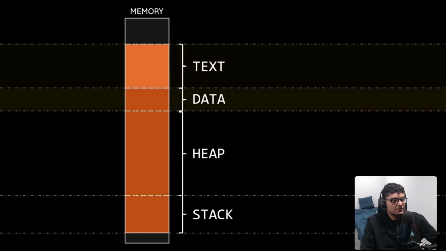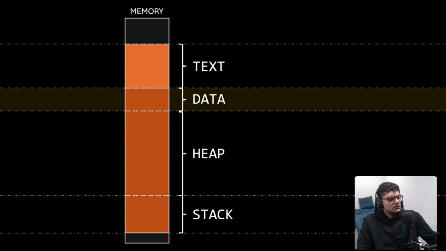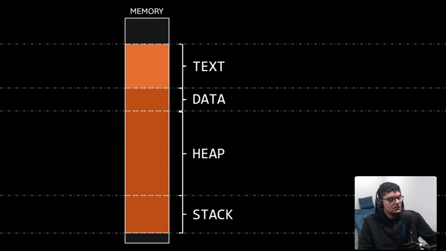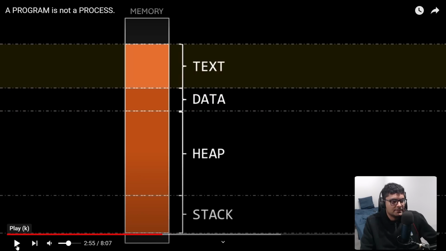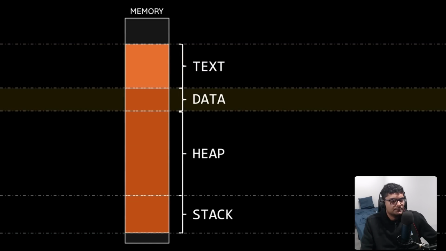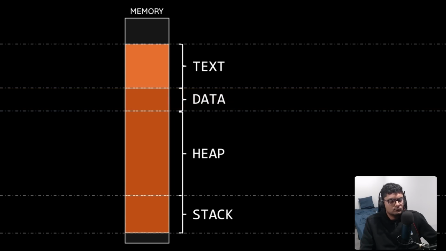Anyways. But we can't say the same about the data section, because even though it doesn't change in size, its content may vary depending on what the running program is doing. As you can see, so the data region can vary in size. I mean, if this is part of the executable, I wonder if that means that at runtime the amount of memory that's being used by that data region is going to change. But all of that memory should be allocated for the program, or maybe I'm misunderstanding. Let me just replay it just in case. Can't say the same about the data section, because even though it doesn't change in size, its content may vary depending on what the running program is doing.